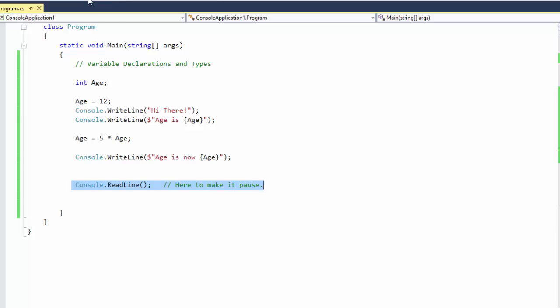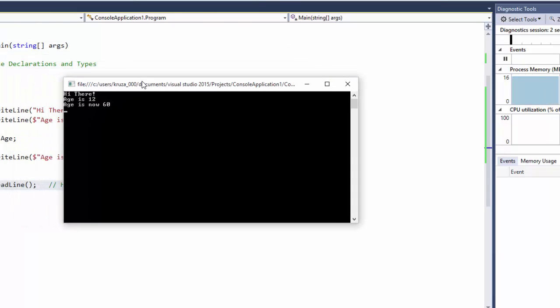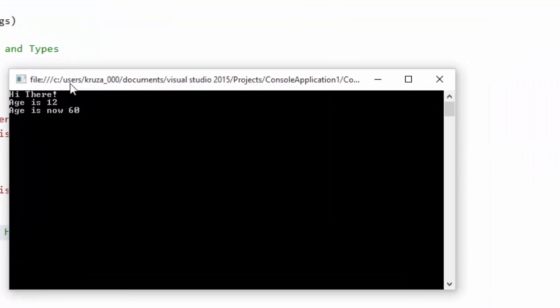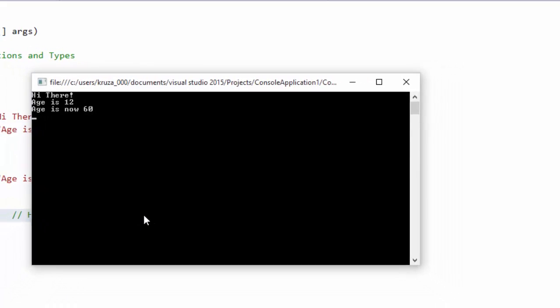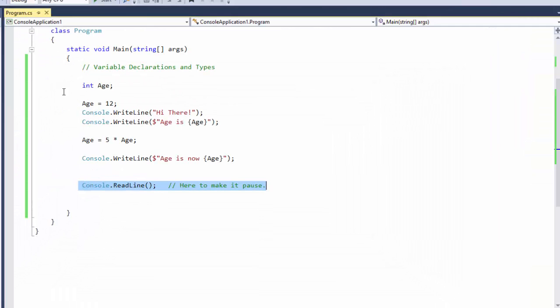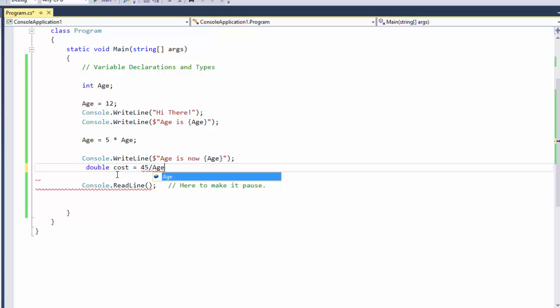The computer compiles it, executes it, and here's my console. So it says hi there, age is 12, age is now 60. It printed out exactly what we expected. You can print out integers, you can print out other things. So for example, we might do something like double cost is equal to 45 divided by age,